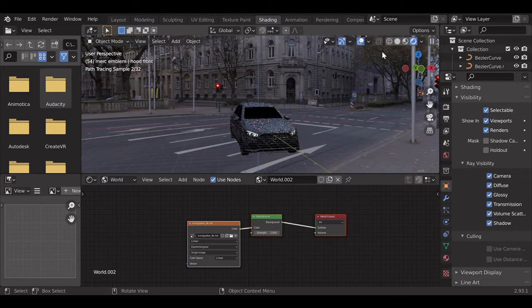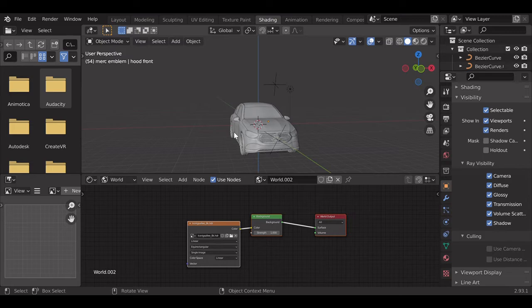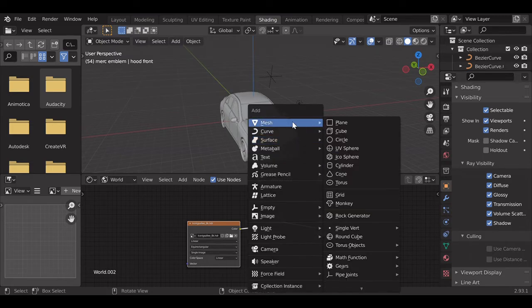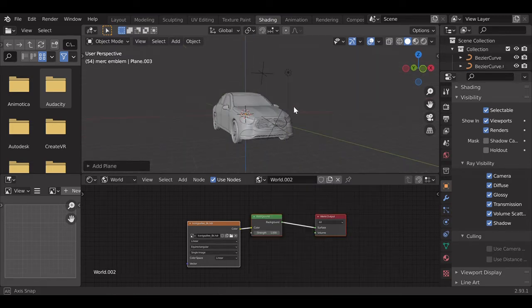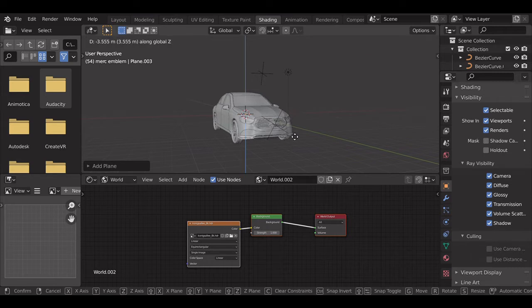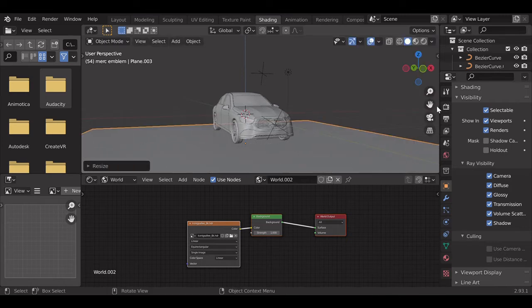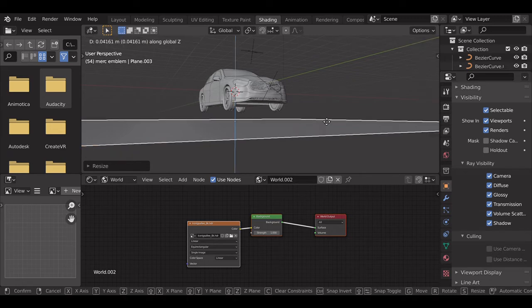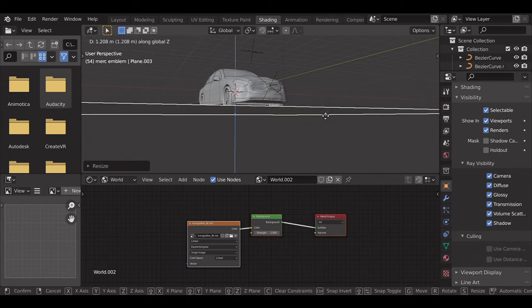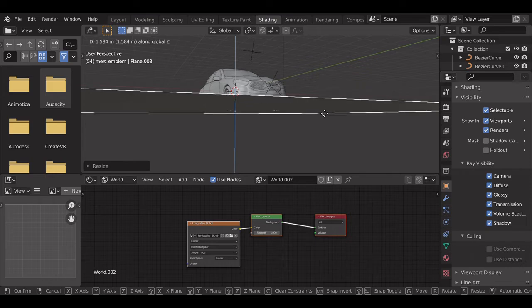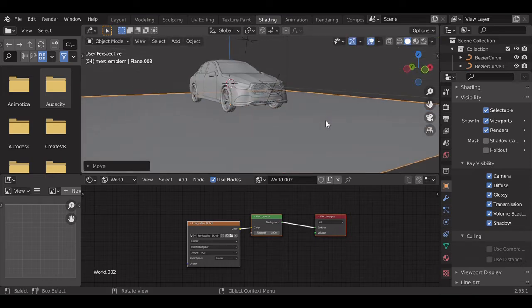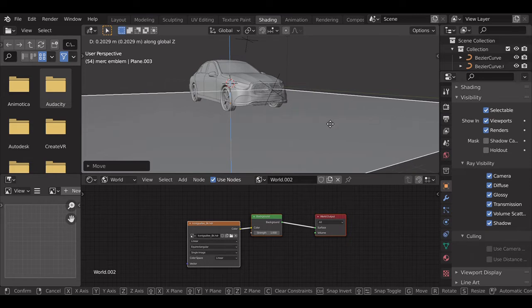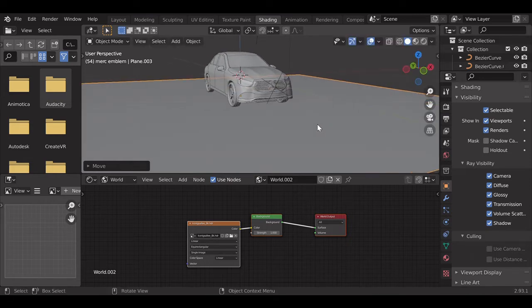So what we do in this case is we go out to the layout and we add a plane. We're going to add a plane below the object. I'm just going to move that down, scale it up, and try to align it or touch it to the tires. I'm just going to move it up just about there. Yeah, just a bit more down. Yep, about there. This should do, or a bit more. Yeah, that should do.